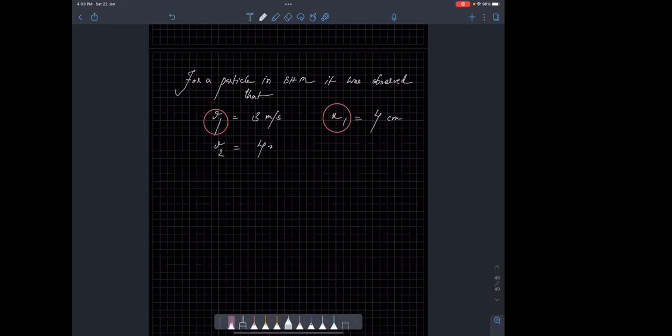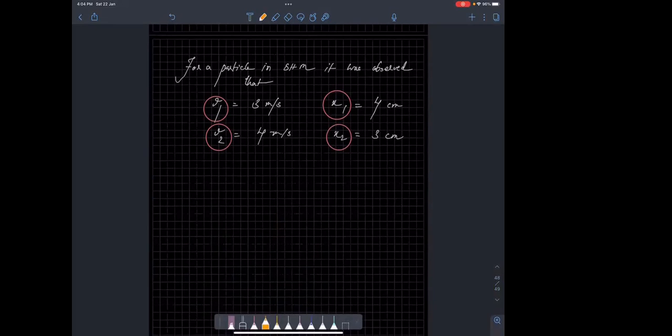Velocity was 4 meters per second when position was 3 centimeters, or when the displacement was 3 centimeters from the mean position. He will ask you, for this SHM, find the amplitude and omega, or find the amplitude and time period. So the question is this: